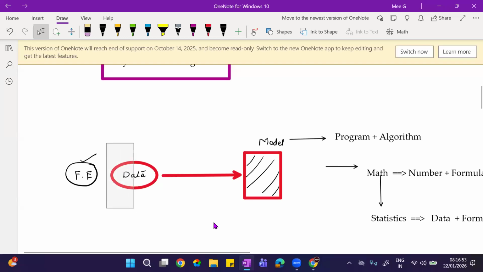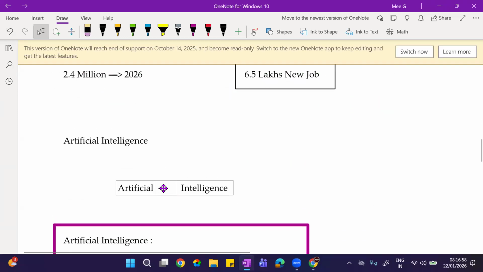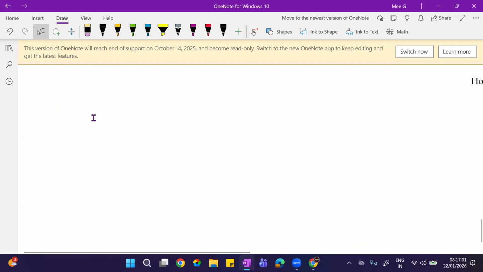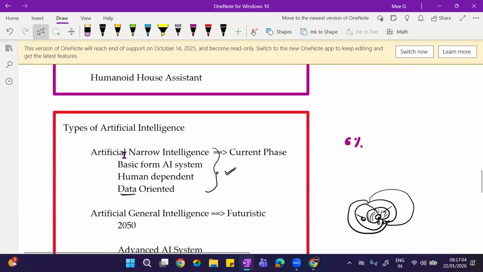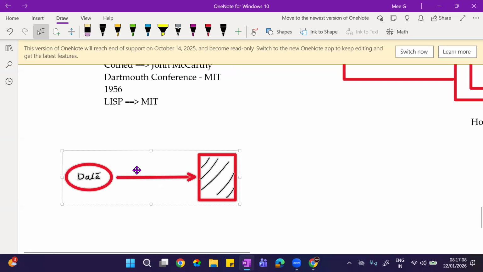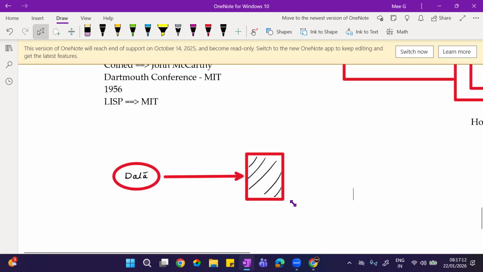Here I have it. This is the core mechanism which we will do. Again, I'm saying you can directly jump into generative AI, but there we will be having pre-built models. We are going to explain pre-trained models. Now here, this is our data. This is my model. We call it a model, right? Now you know it. What is a model now? This is a program based on the algorithm.